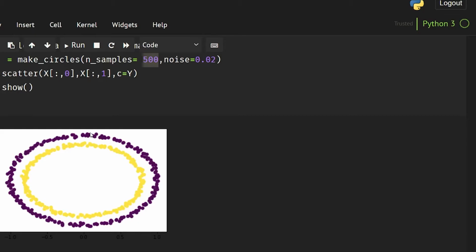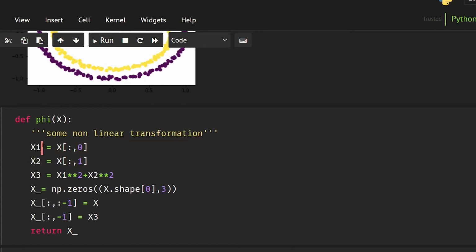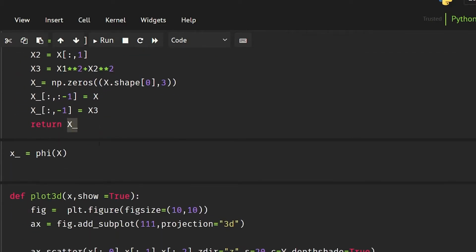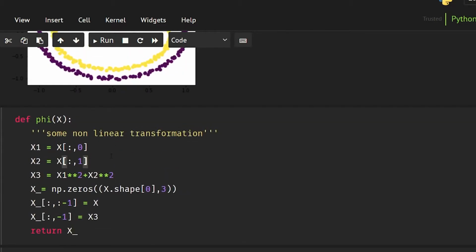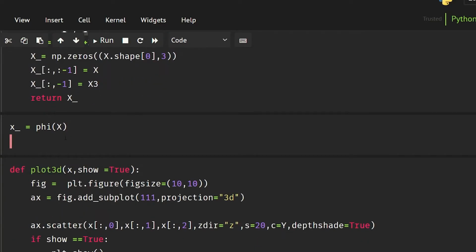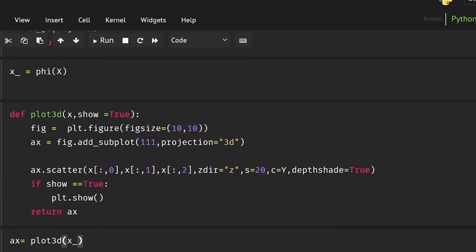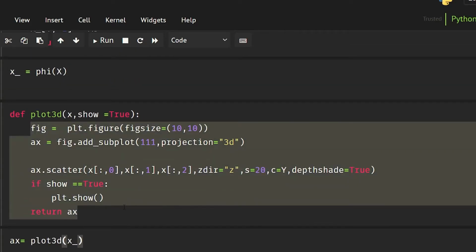So there are multiple formulas for that. You can use different kinds of formulas. What I have done here is, I have taken the x1, I have taken the x2, and then I have squared them and added them up to get the third dimension, and I have written our x dash from here. So this is our 3-dimension conversion here, and this is the function to plot our 3D graph. I have already talked about all of this in our matplotlib series, so go and check that out.